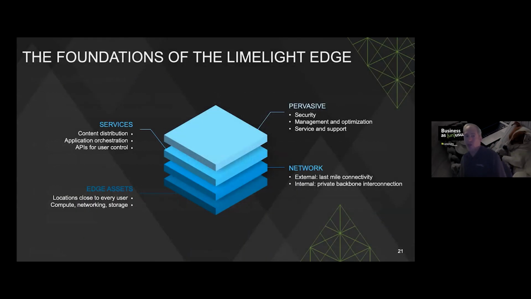The foundations of what we have really, we think, fall into 4 key areas. So first of all, there's the asset locations, the points of presence, the CDN POPs, the network. We have a broad network running around the globe. It's private backbone based. It's in 120 different locations. Those locations are close to, if not connected into directly, the last miles, and in some places further than that. So we have locations close to every user, and we're able to distribute compute, networking, and storage to those locations.